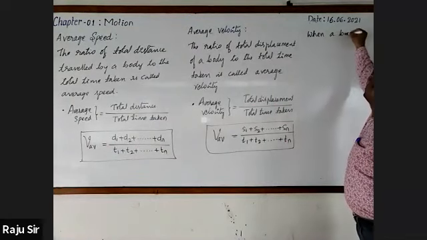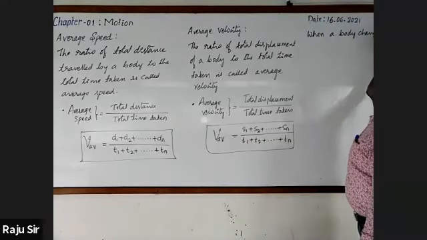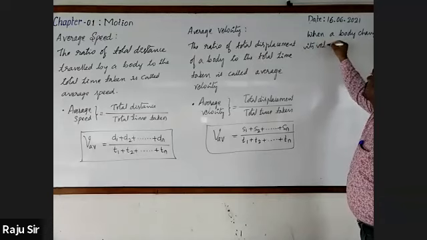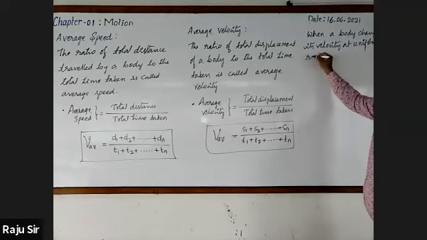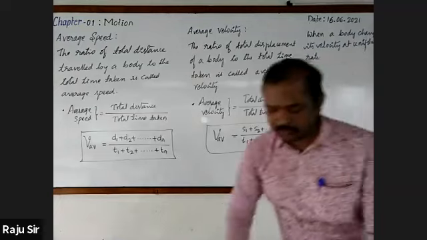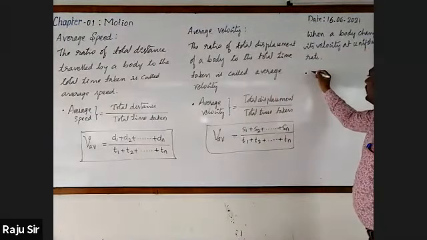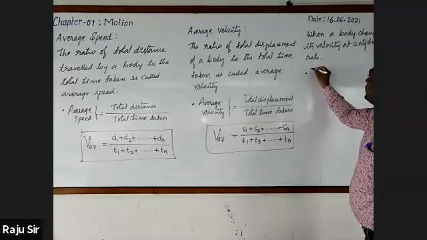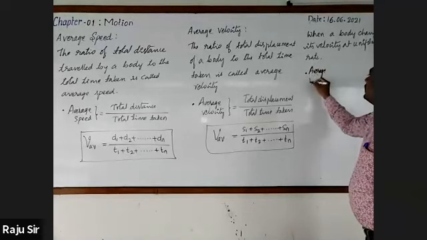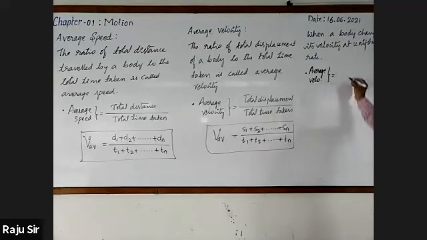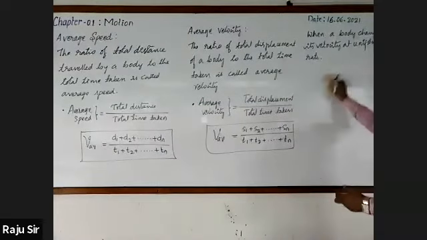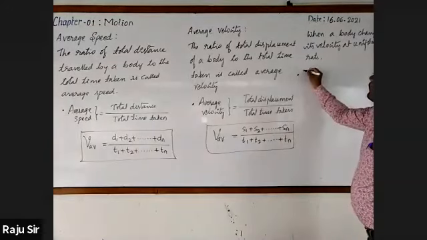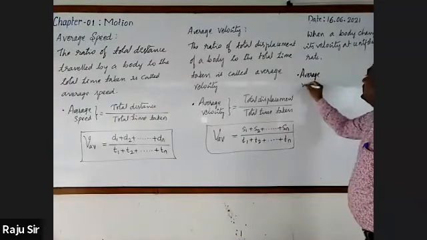When a body changes its velocity at uniform rate, then we will write average velocity as,